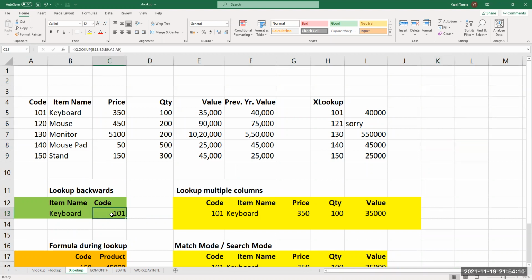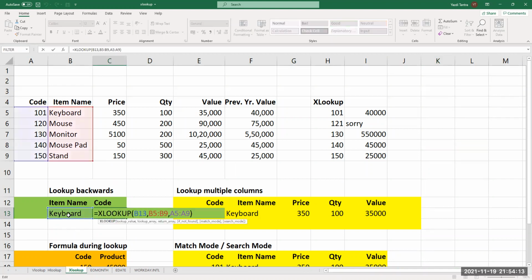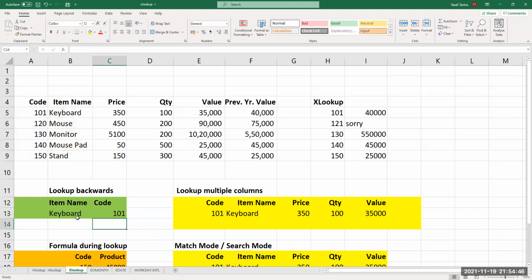So what I'll say again here, XLOOKUP B13, that is, I want to search this, look up from here and return this. See the formula now. You have to look up the item name from the item name column and return my code. This you could never do in VLOOKUP. You couldn't go backwards. If you put -1, then the whole thing would not work. So here you can do a backward lookup also.